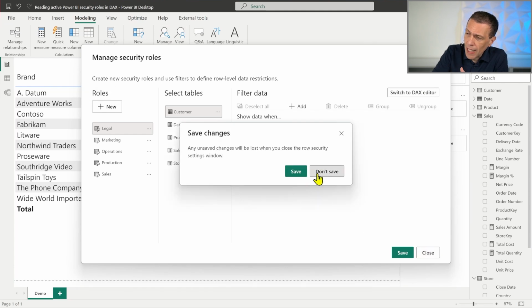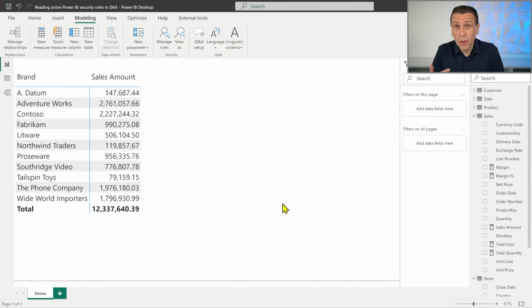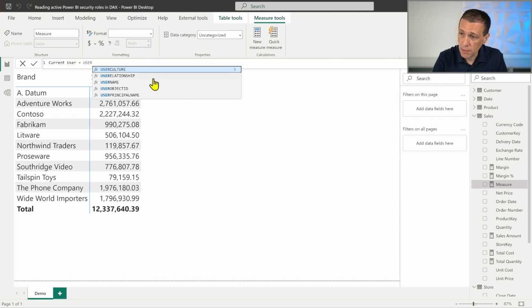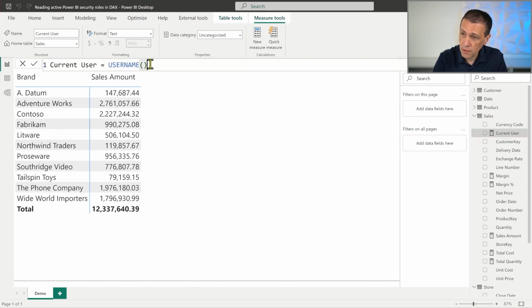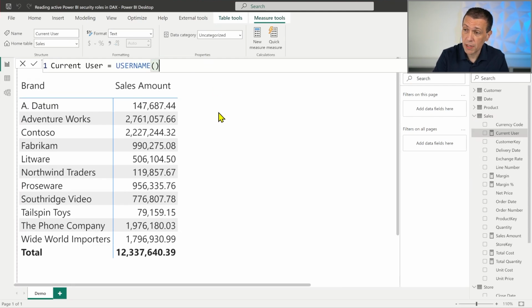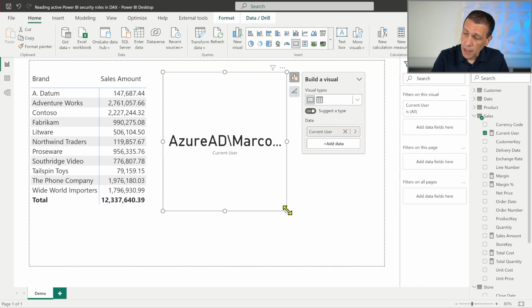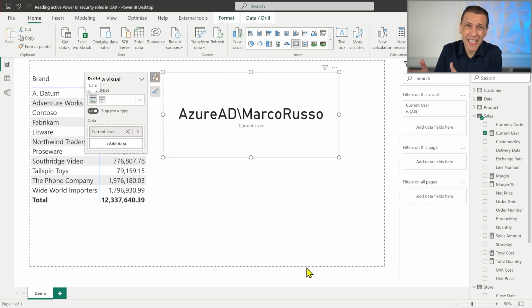Now if I have to check who the current user is, I can use the function USERNAME. So I could create a measure. Let's create a measure Current User, and I can type just USERNAME. Let's enlarge the font. So this is the measure I created, and I'm going to display this measure in the report. As you see, I have my name, my username in the Azure Active Directory, which is displayed